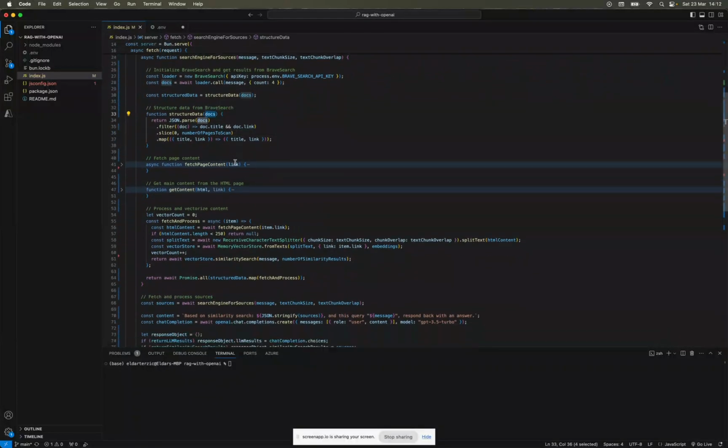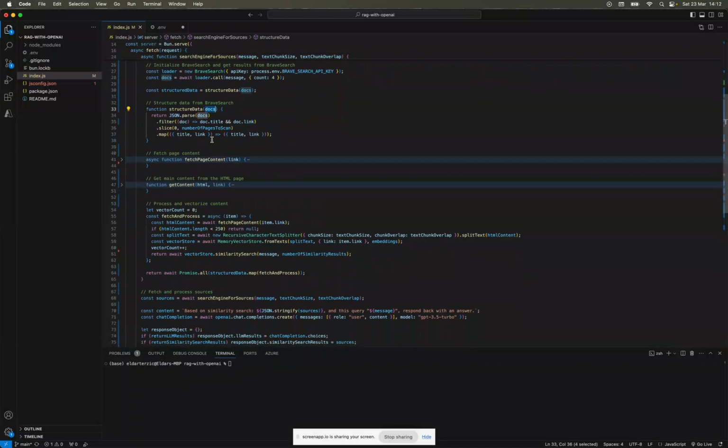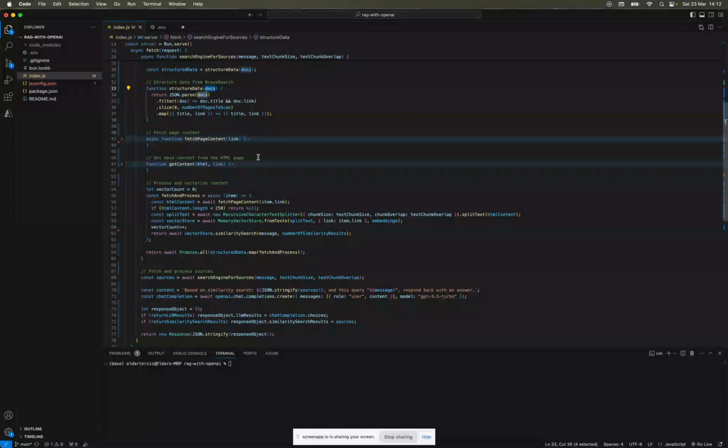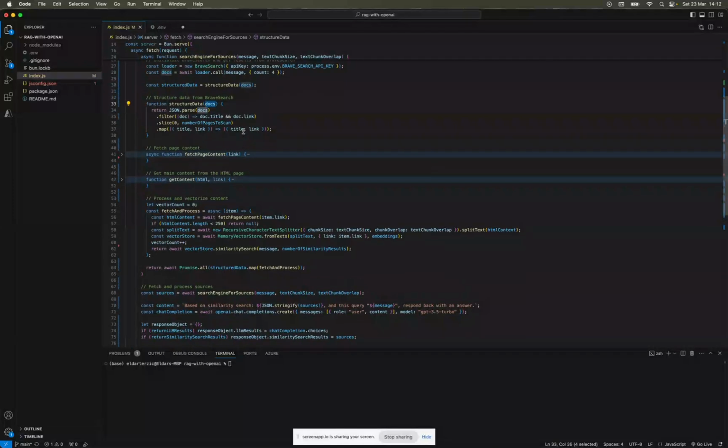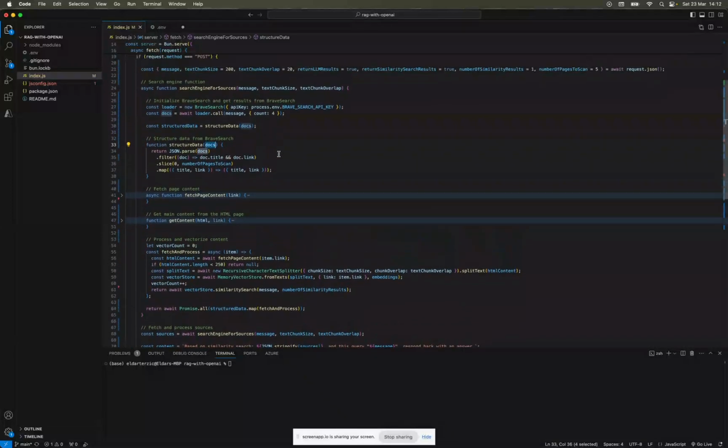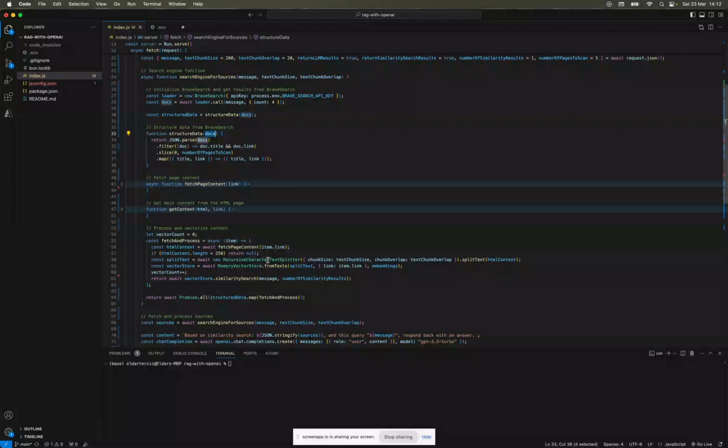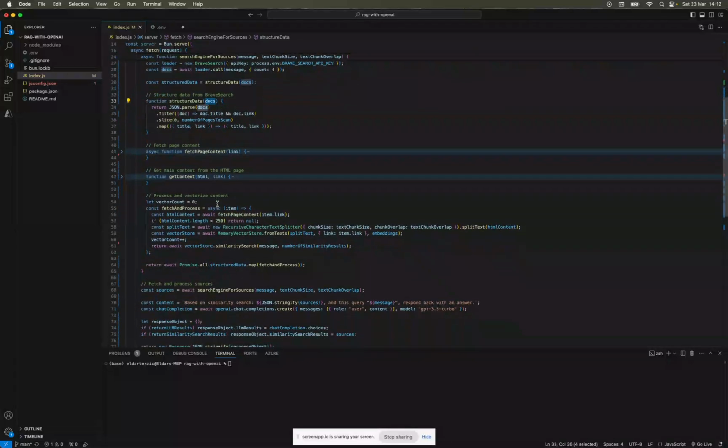What we are doing here is parsing the information and creating a JSON file where we are mapping the titles with the title and the links with the links that we will be presenting to the user, and also passing in the number of pages that we wanted to scan. After that, we will start processing and vectorizing the content by calling the fetching process